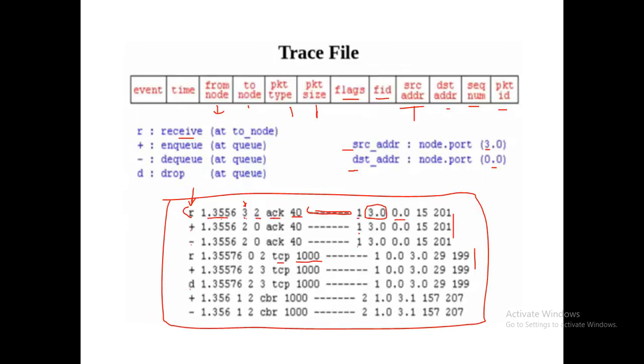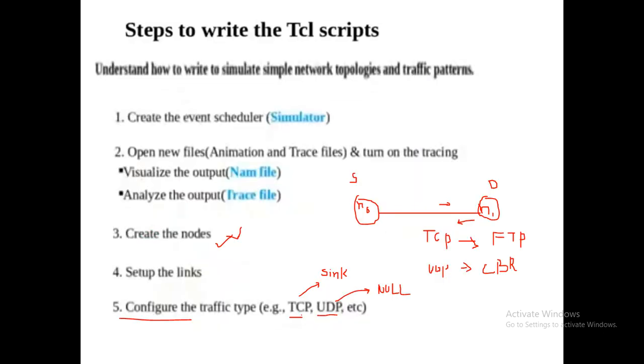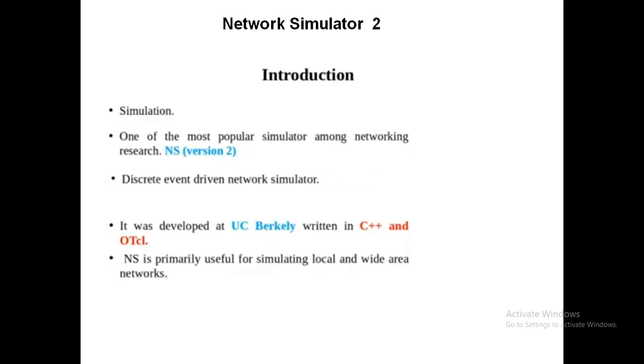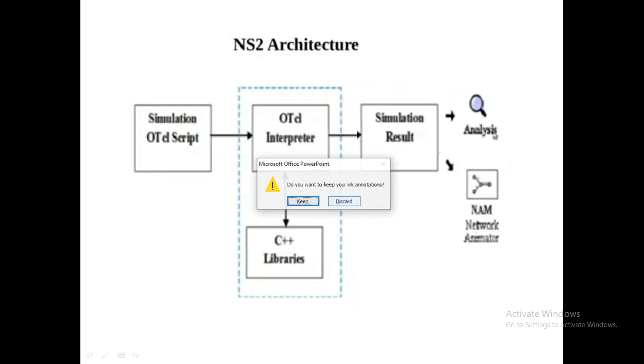Clear? In this session we have seen in detail our NS2 architecture, the architecture of an NS2 program, and the syntax and steps to create all these things. Try to watch this video twice or thrice and understand all the syntax clearly. In our next session we will work on some basic simple programs in TCL script: how to execute a TCL script, and how to use if, while and for loops. We will work on some practical sessions in TCL, that is, Tool Command Language.